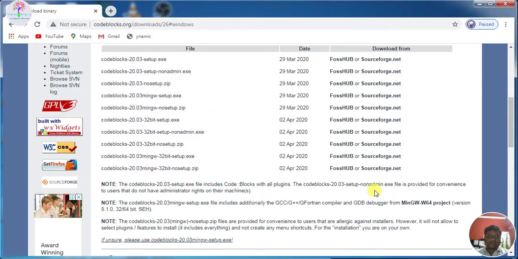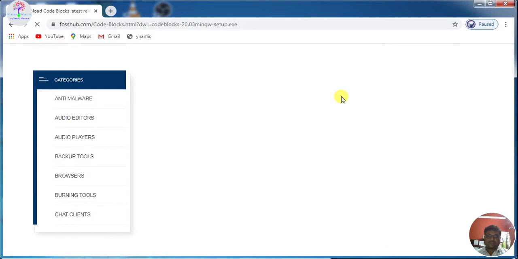So for that you have to click on this codeblocks .exe. Let's see here, you can download from these two sources, and I will download from the first source. Just click on it.